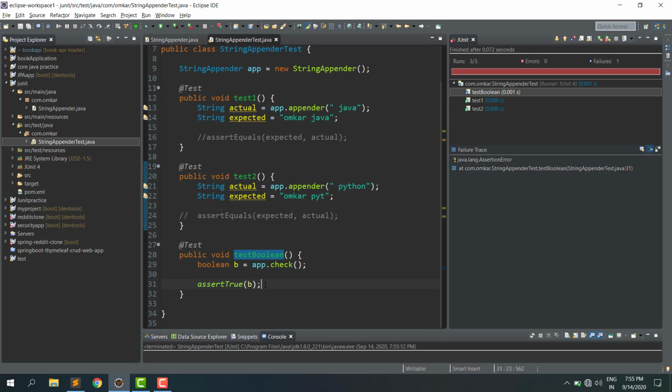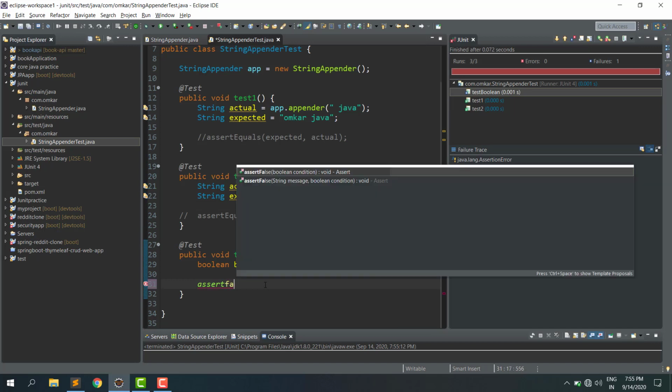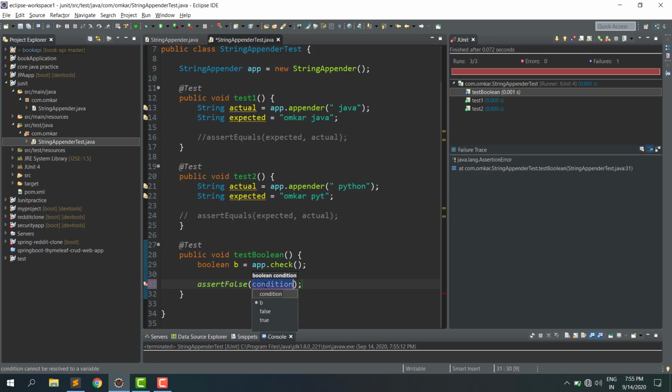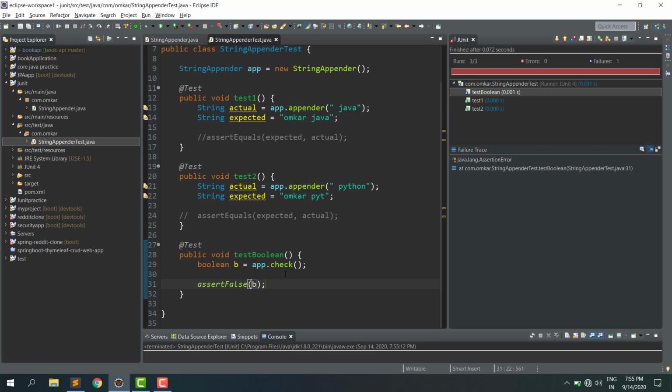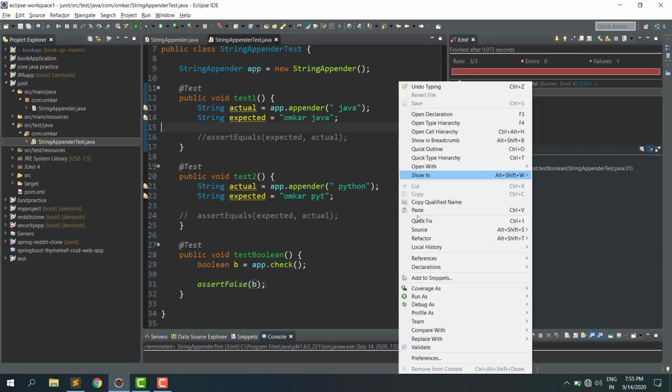That's it, yes. Same thing with assert false. Test false. We will take the condition. Here we are providing a false condition, which is 1 does not equal 2, which will give you false. False equal to false. That means our test case should